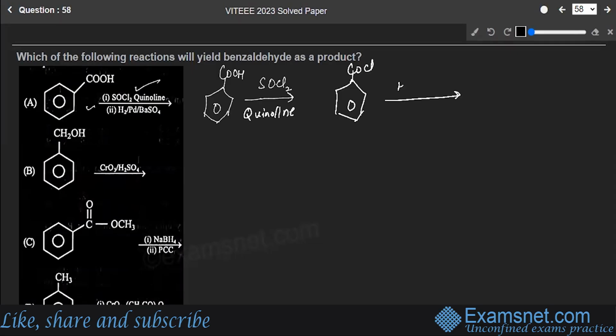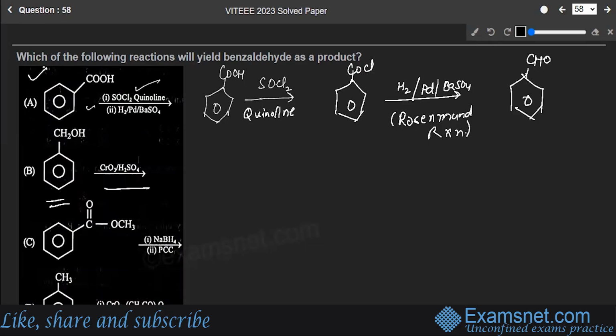On further reaction in the presence of hydrogen, Pd/BaSO4, this is known as Rosenmund reaction. It will give you benzaldehyde. So option A is the one which will give me benzaldehyde. Next is the second reaction. So you have this reactant in the presence of chromium oxide, sulfuric acid. It will give you,